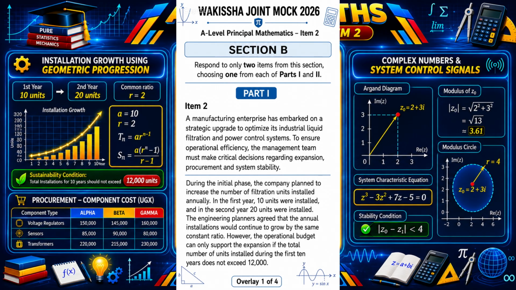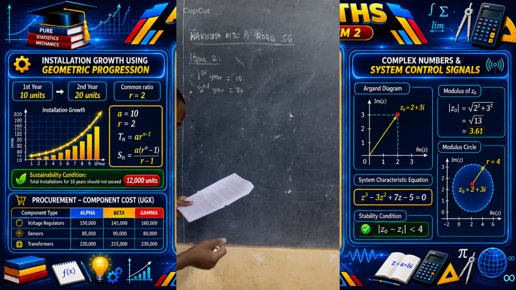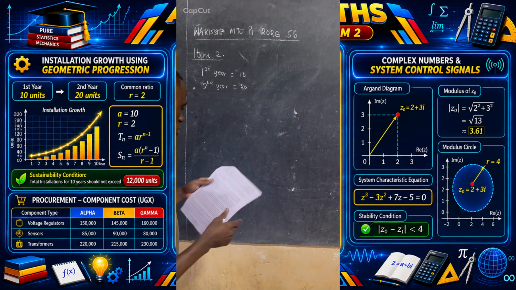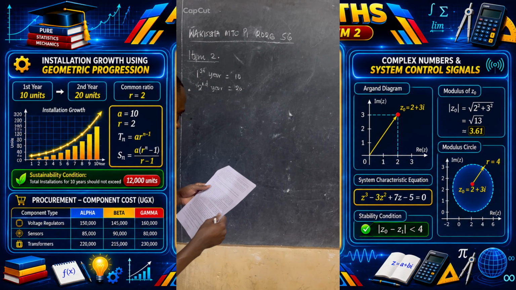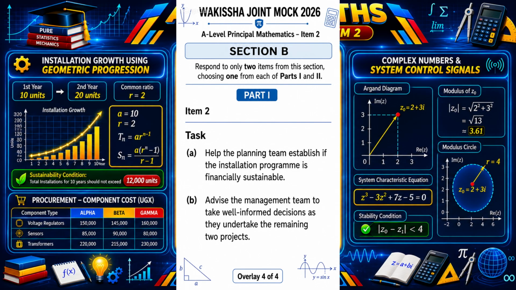The engineer planners agreed that the annual installations would continue to grow by the same constant ratio. However, the operation budget can only support the expansion if the total number of units installed during the first 10 years does not exceed 12,000. Now we are going to first of all find out, after the first 10 years, how many units are installed. So they are telling us, part A, to help the planning team establish if the installation program is financially